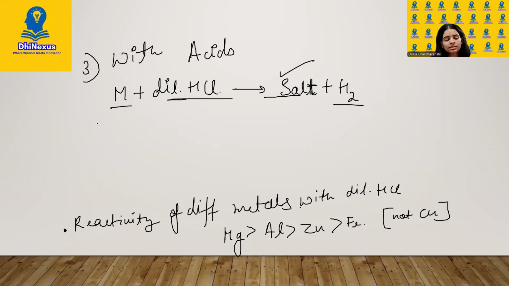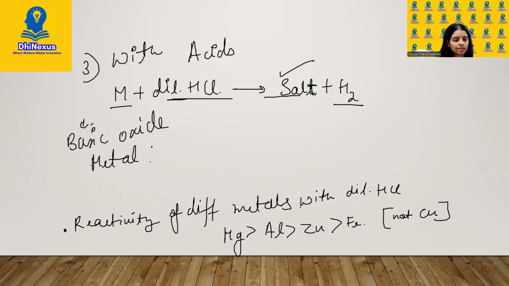This is slightly related to the reaction of neutralization, where metal, if it is acting as a basic oxide and reacting with acid, will give us salt as well as hydrogen gas. So I can get, suppose I have metal A plus salt solution of B. Then I will get